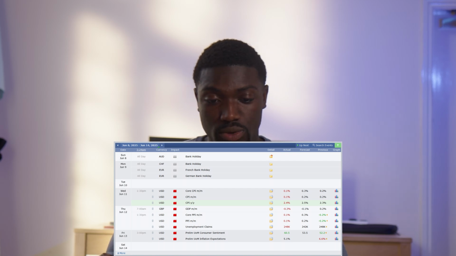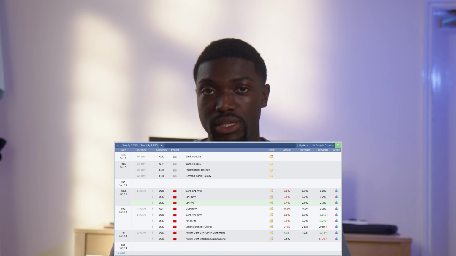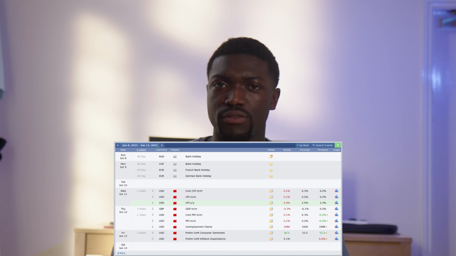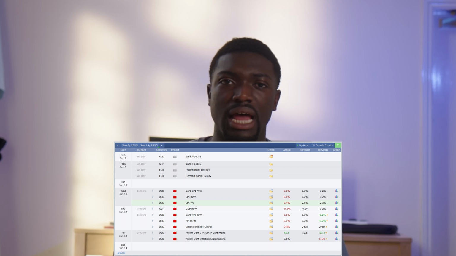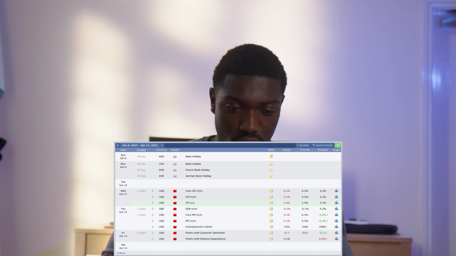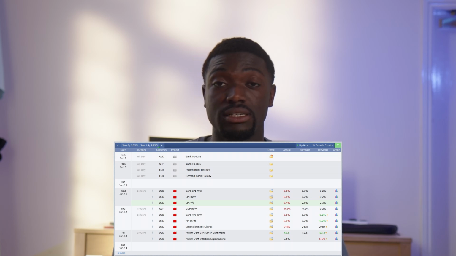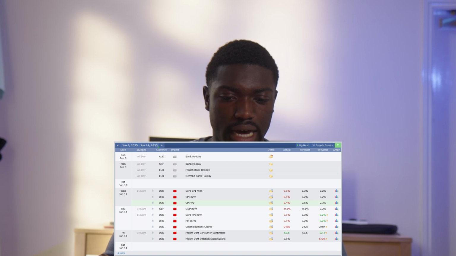So this is one of my favorite websites that I use to keep up with the market and get ahead of what kind of news I'm expecting and how that would influence the currencies and pairs that I trade. As we can see on Wednesday, we had the CPI, which is essentially the inflation rate for the US dollar. And I think this is looking at the month to month and the year on year as well.